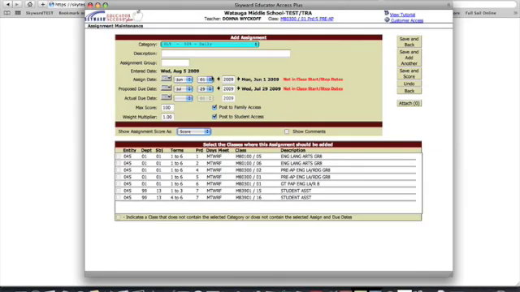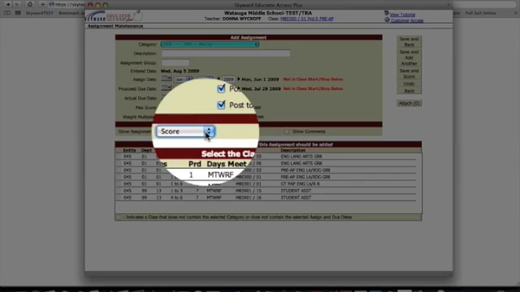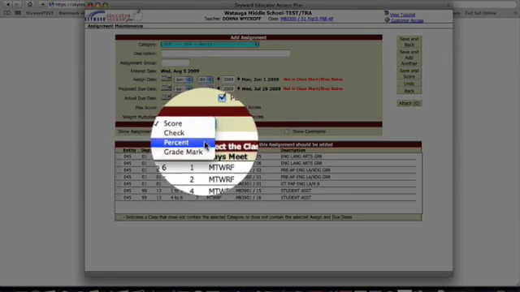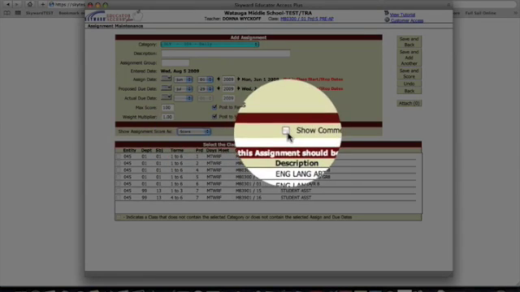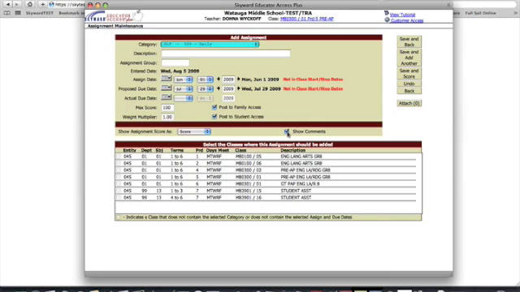Once you get the top part filled in, then you need to look at the show assignment score as, and you can choose whether it's a check, a percent, or a grade mark. Here you can check if you want to show the comments that you made for that assignment for each student. Keep in mind that this will take up a great deal of room in your gradebook view, so that's up to you as to whether you want to show the comments that you made for that particular assignment or not